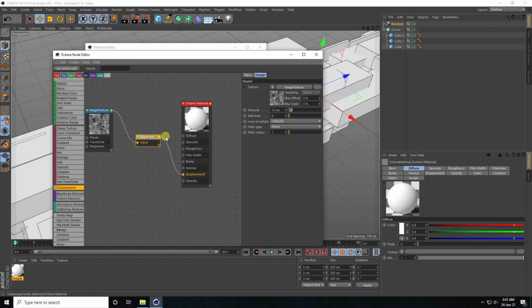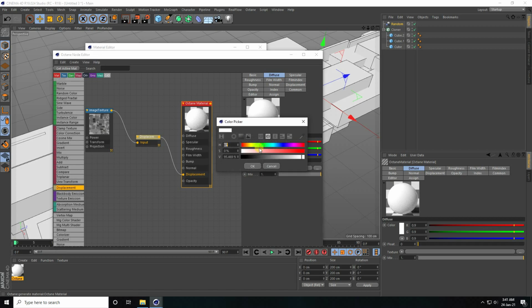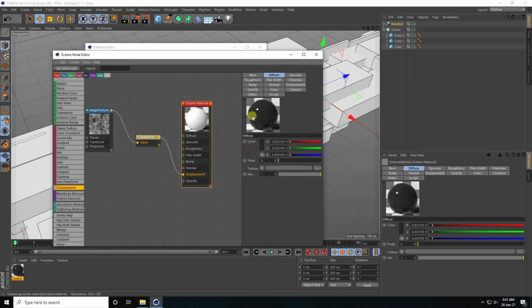Select this input, and level of detail I take full and mid level 0.7 and amount like 25. Now click on this material and I take gray color, and change roughness a little bit, so roughness float 0.5.